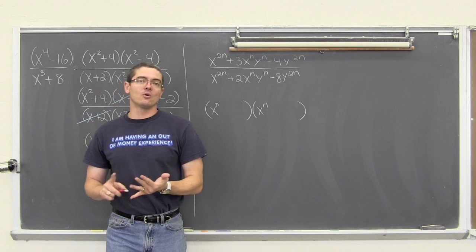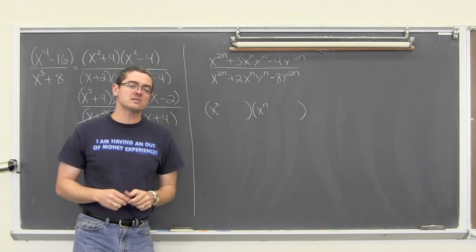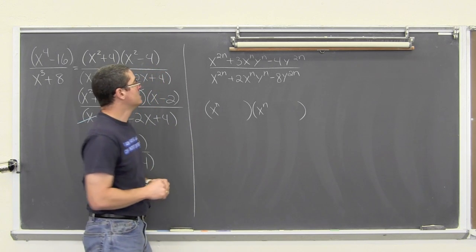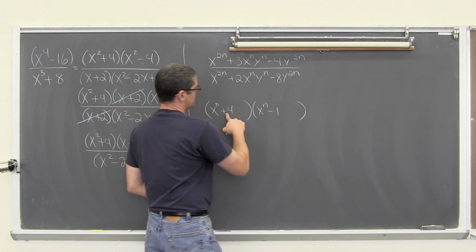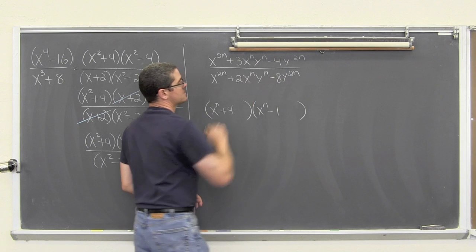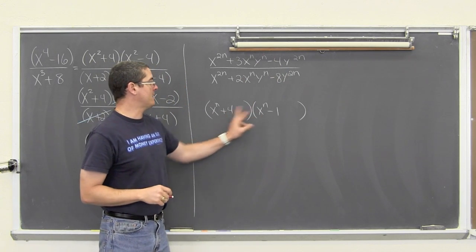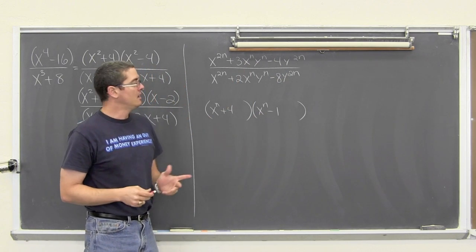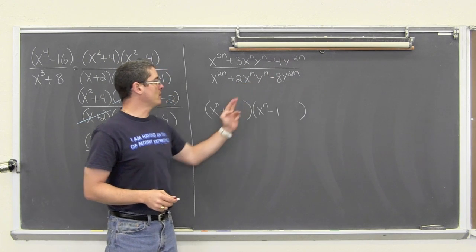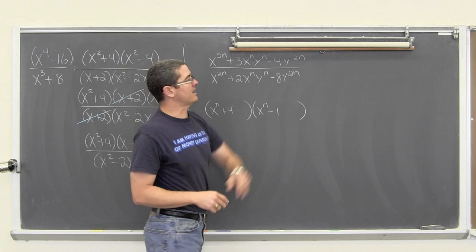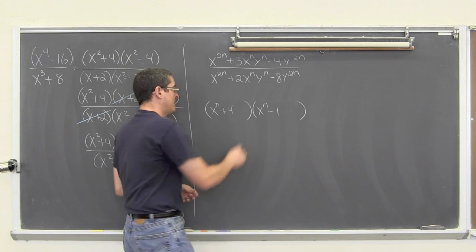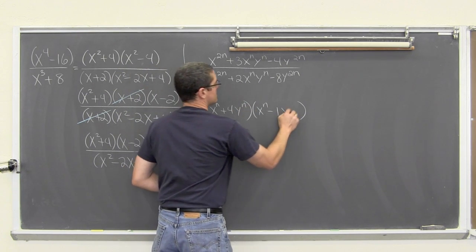Well, your factors of 4 are 1 and 4 and 2 and 2. Of course, 2 and 2 subtract to be 0. So we want a positive 4 and a minus 1, because positive 4 times negative 1 is negative 4, and they also add up to the middle term of 3. Now, I need to include that variable that's in the last term. So the square root of y to the 2n is y to the n times y to the n.